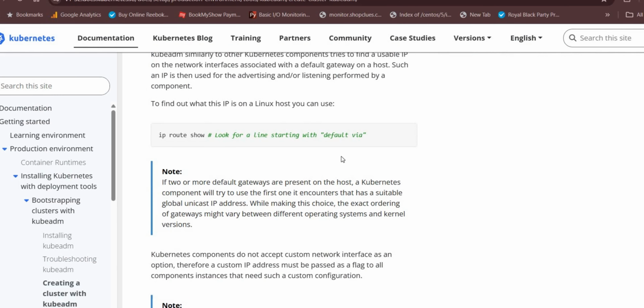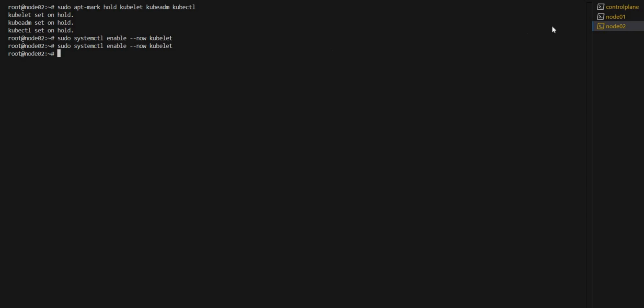So here you have to follow the instructions. First you need to check the IP route so that you can find the default route in your control plane. So these steps will be performed in the control plane only. No need to perform in the node. So go to the control plane,